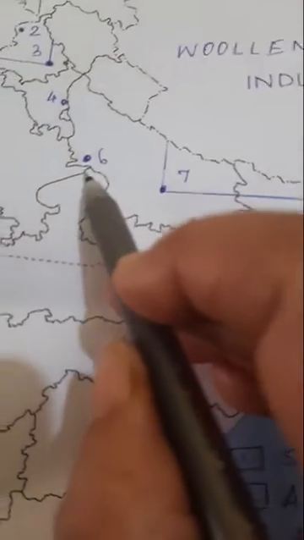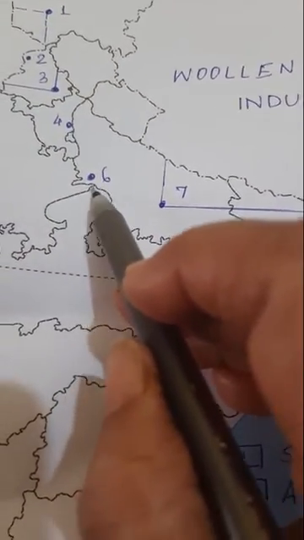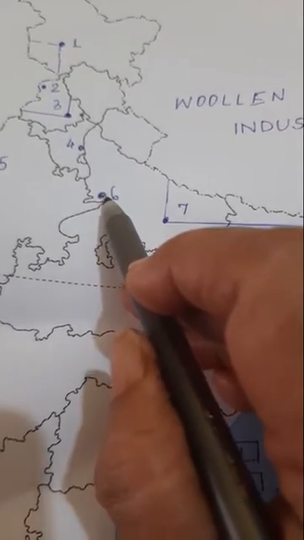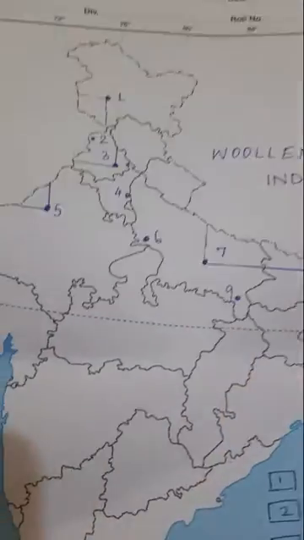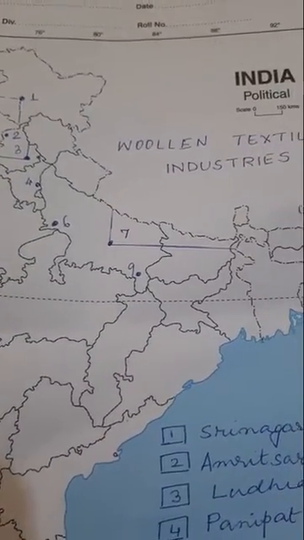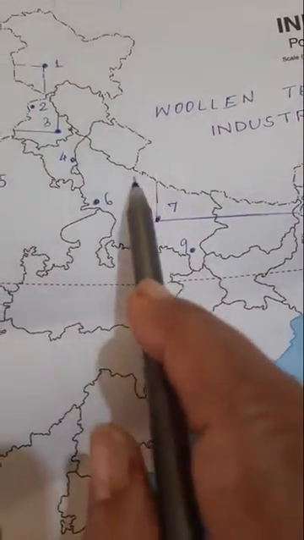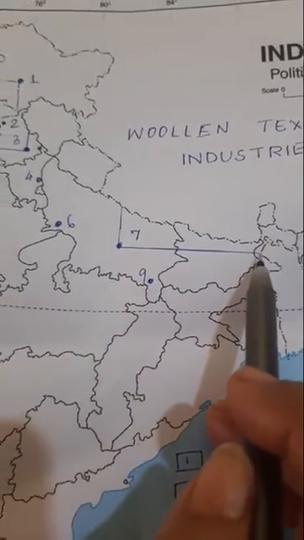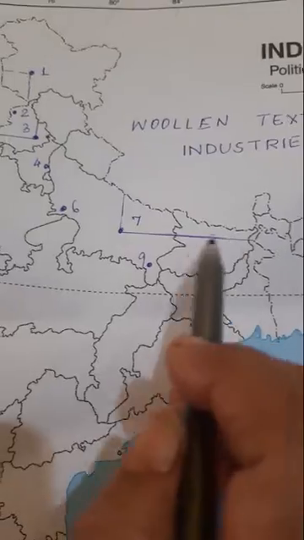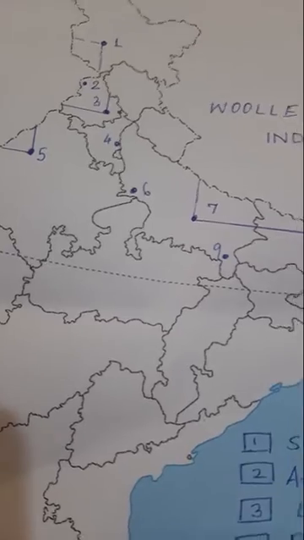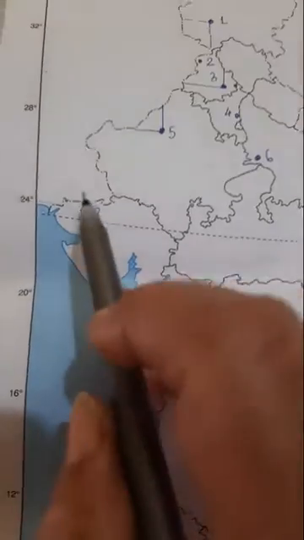Now coming to Agra and Kanpur. Agra is just above this point of Madhya Pradesh border. Just a little bit above this bend of Madhya Pradesh. In one map I showed you how to locate Kanpur with the help of this Madhya Pradesh border. Here I will show you, if you join a line from this head of Bangladesh border and one line from here, we have the location of Kanpur. Next is Jamnagar in Gujarat. Jamnagar is here,